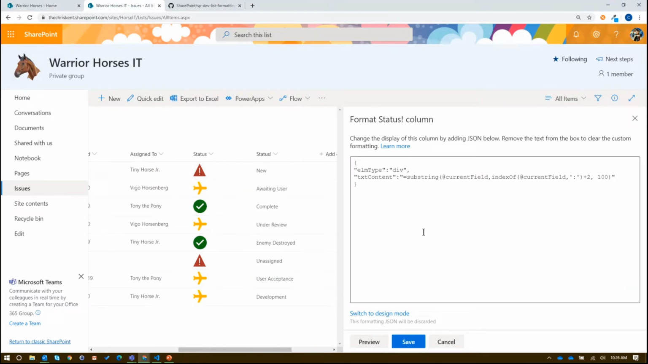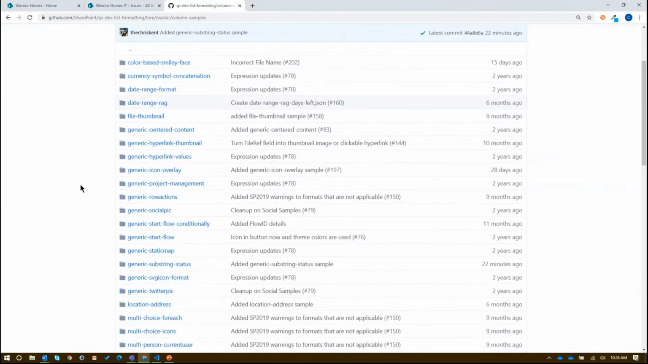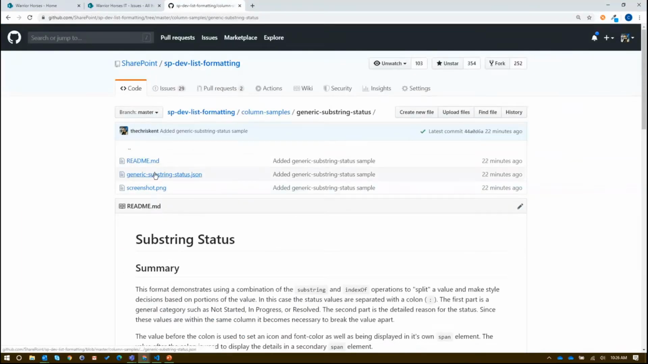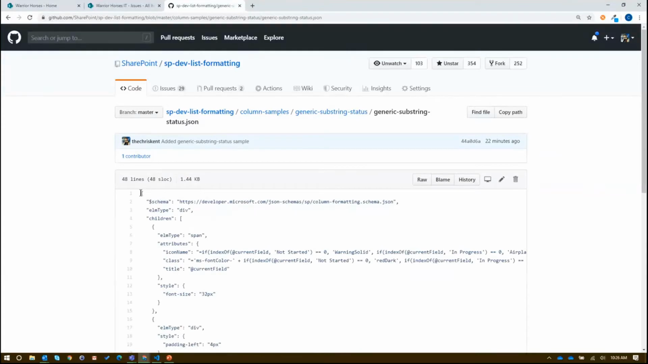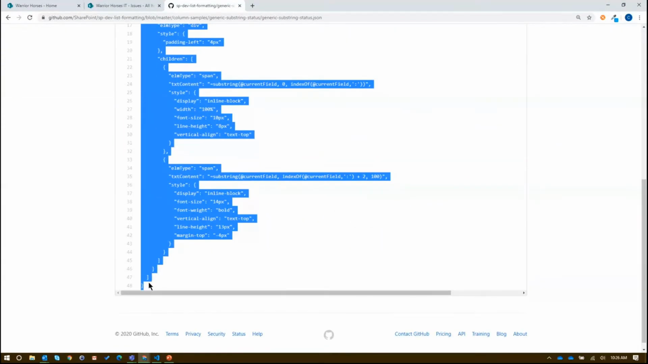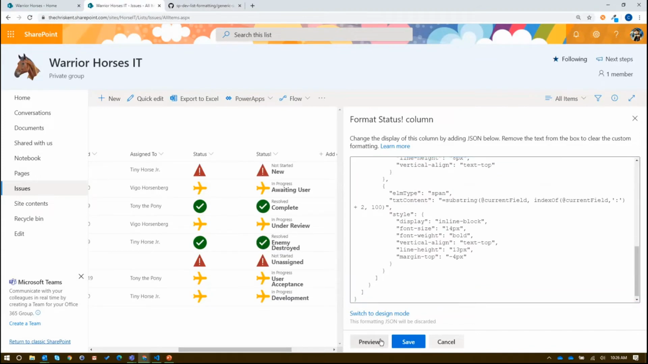All right, so now we can take a sample available for you here in the SPDev list formatting GitHub repo. David will post the link here in a second, I'm sure. If we come in here into our column samples and scroll down, we've got this nice new one called generic substring status. If we just grab this JSON as it exists, and again, I'm right here in GitHub, but I'm not doing any fancy GitHub stuff, I'm just grabbing all that, copying it, going back, and pasting it in this box. And when I preview that,